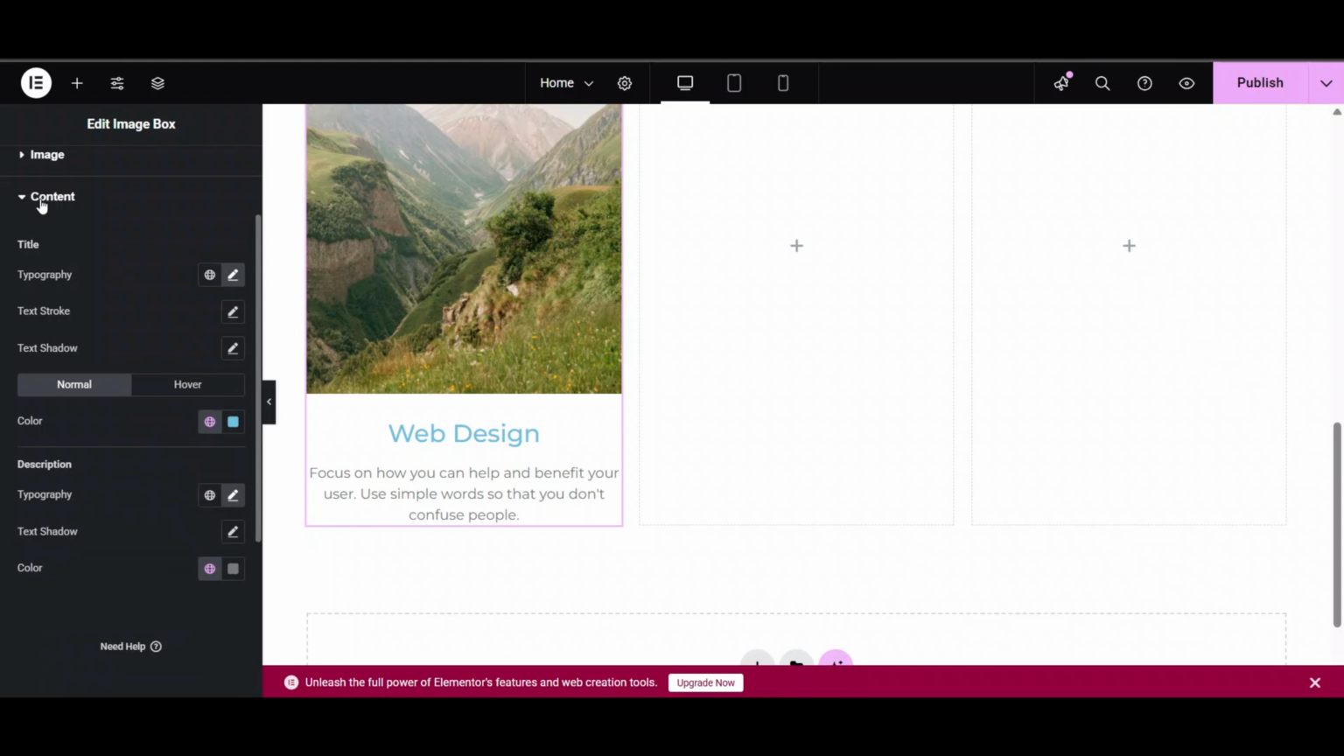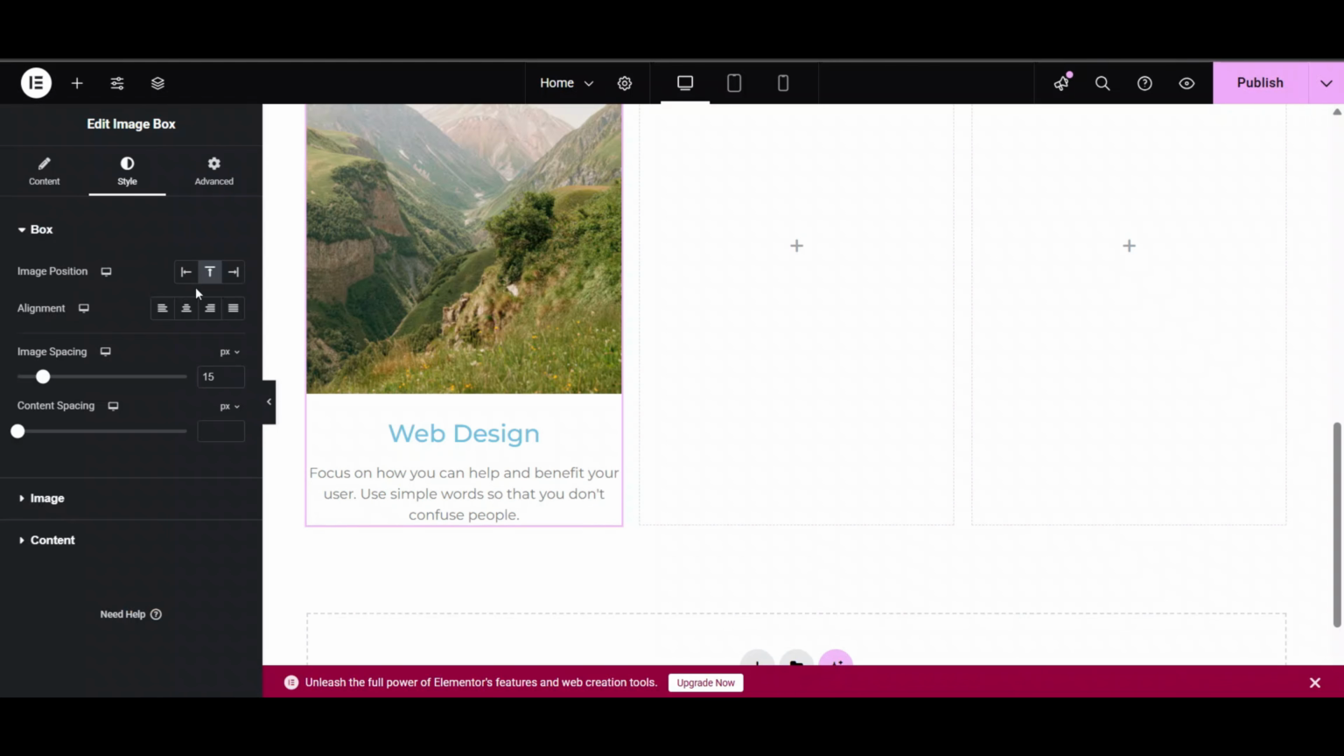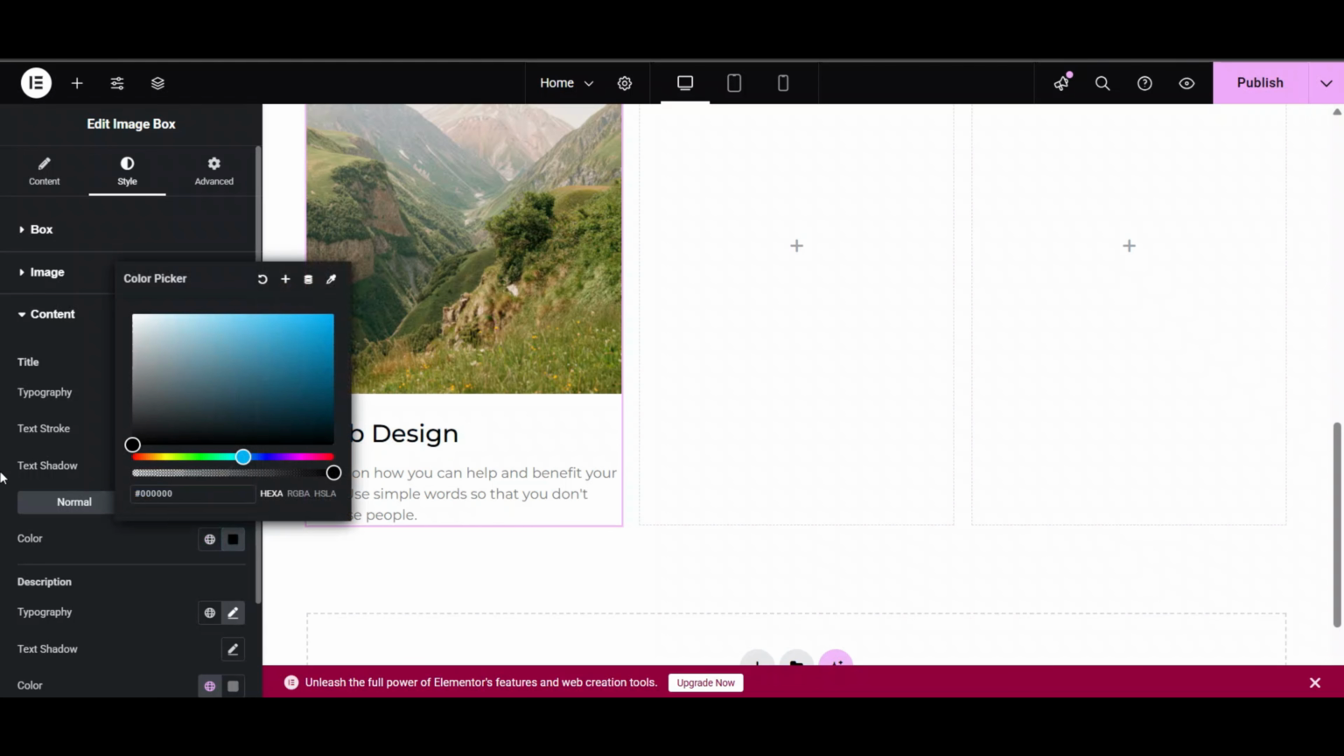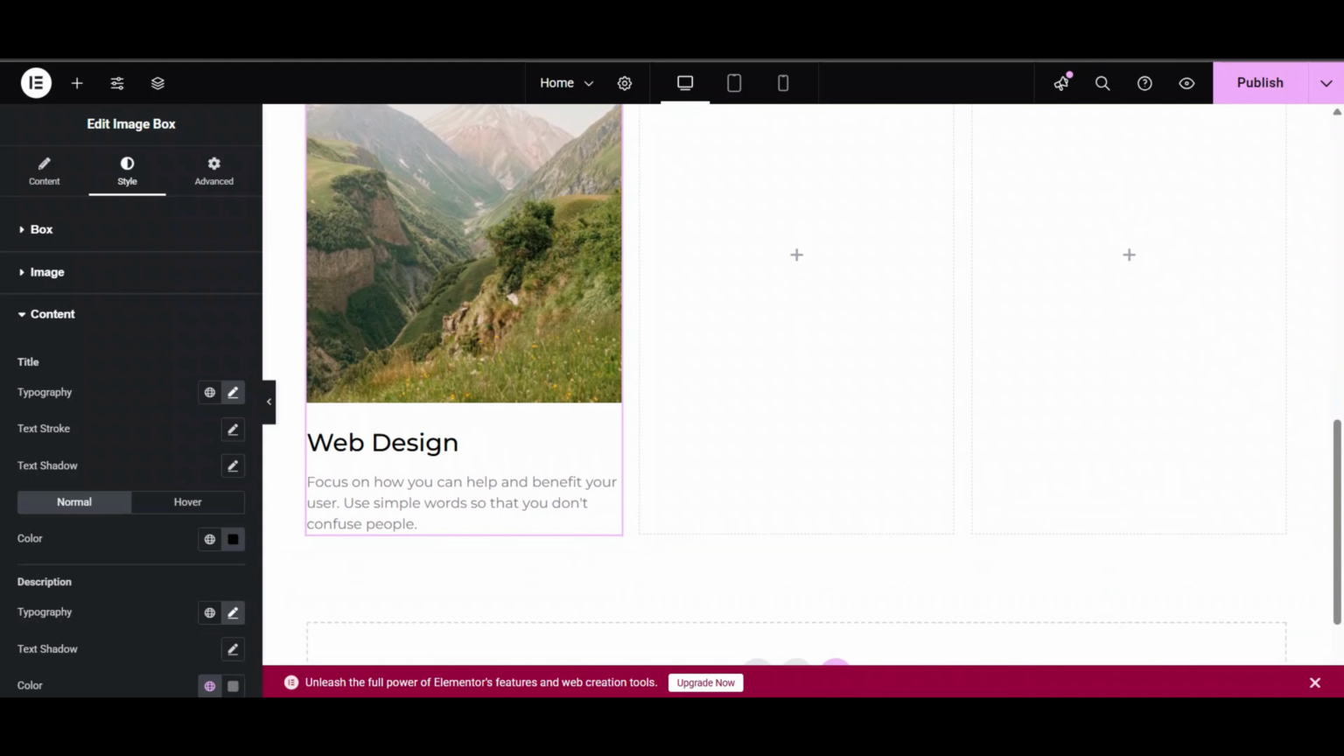I will change the text alignment to left in the box. I want the text alignment to be left and I want the content color to be black. It's looking good. I will add some...